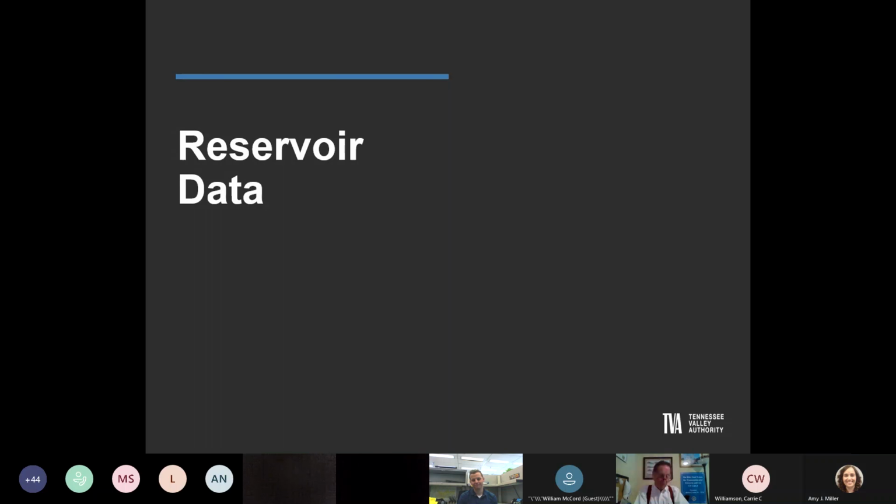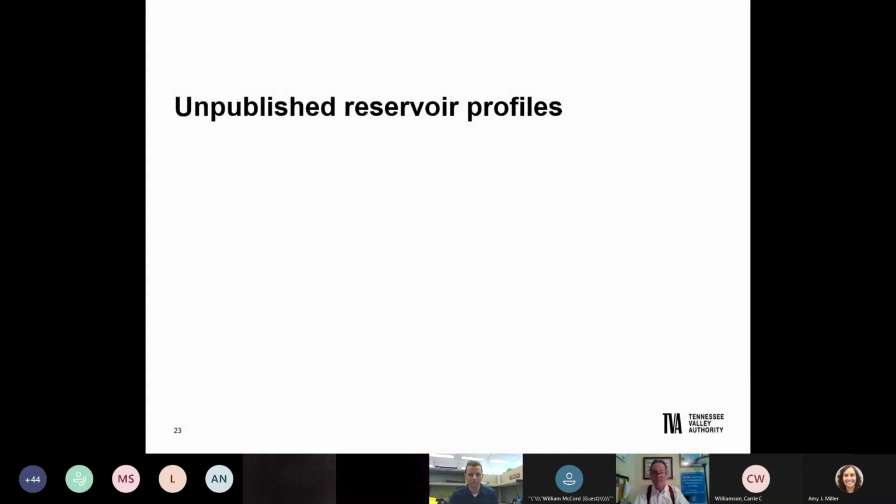Reservoir data. We'll go to the next slide there too. We've got unpublished reservoir profiles. There was a push in the late 2000s to do HEC-RAS models of our reservoirs because we did a good job modeling the main river reservoirs, and we've got those, I know, in HEC2 and maybe some RAS models of those as well. And then in the late 2000s started doing